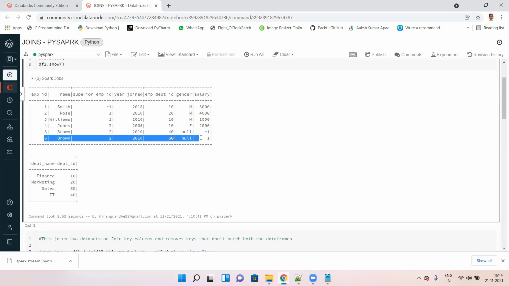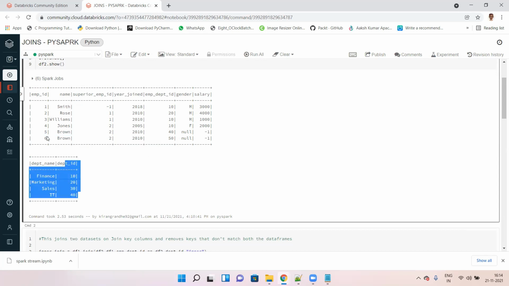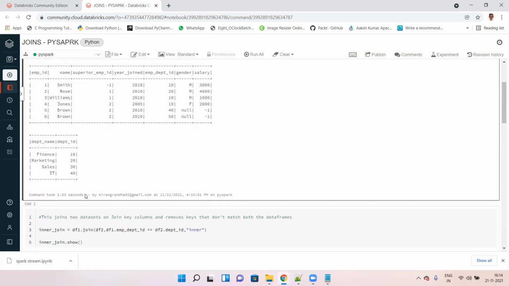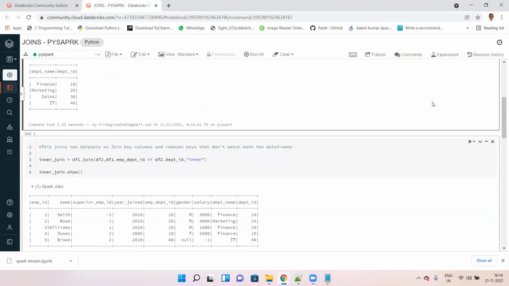Since we are doing inner join, we got only the common department IDs from both the tables. Yeah, it's clear.